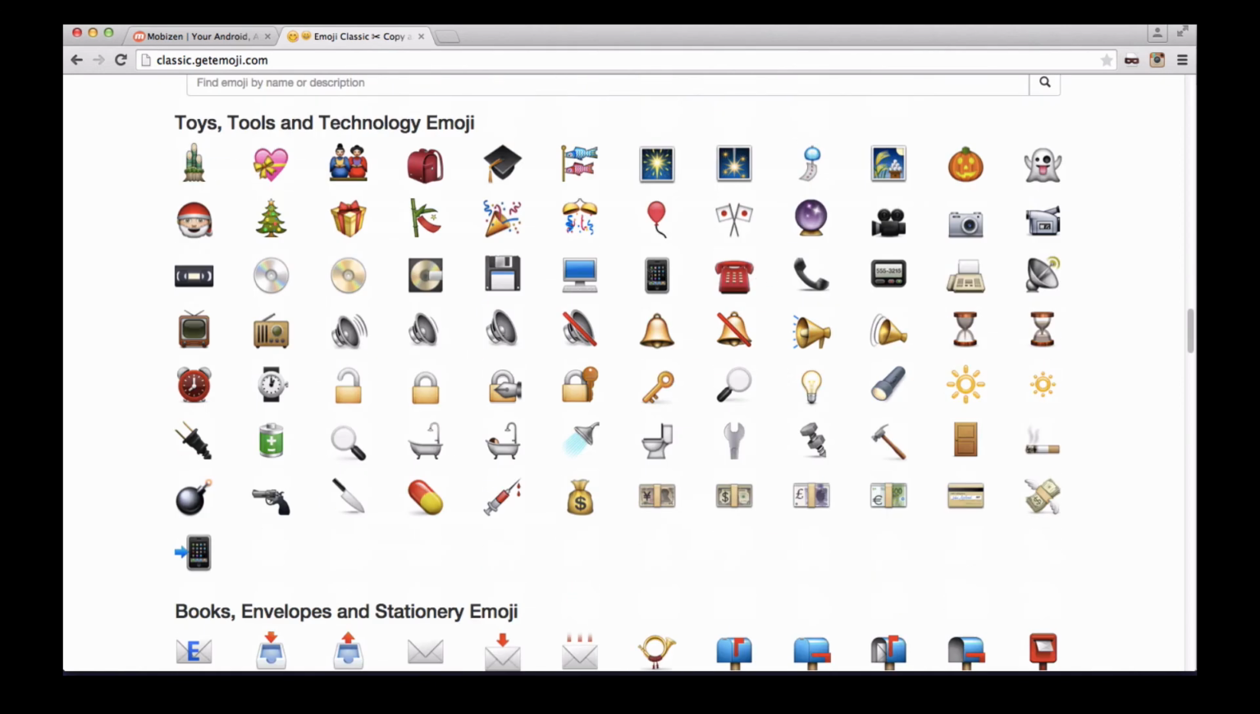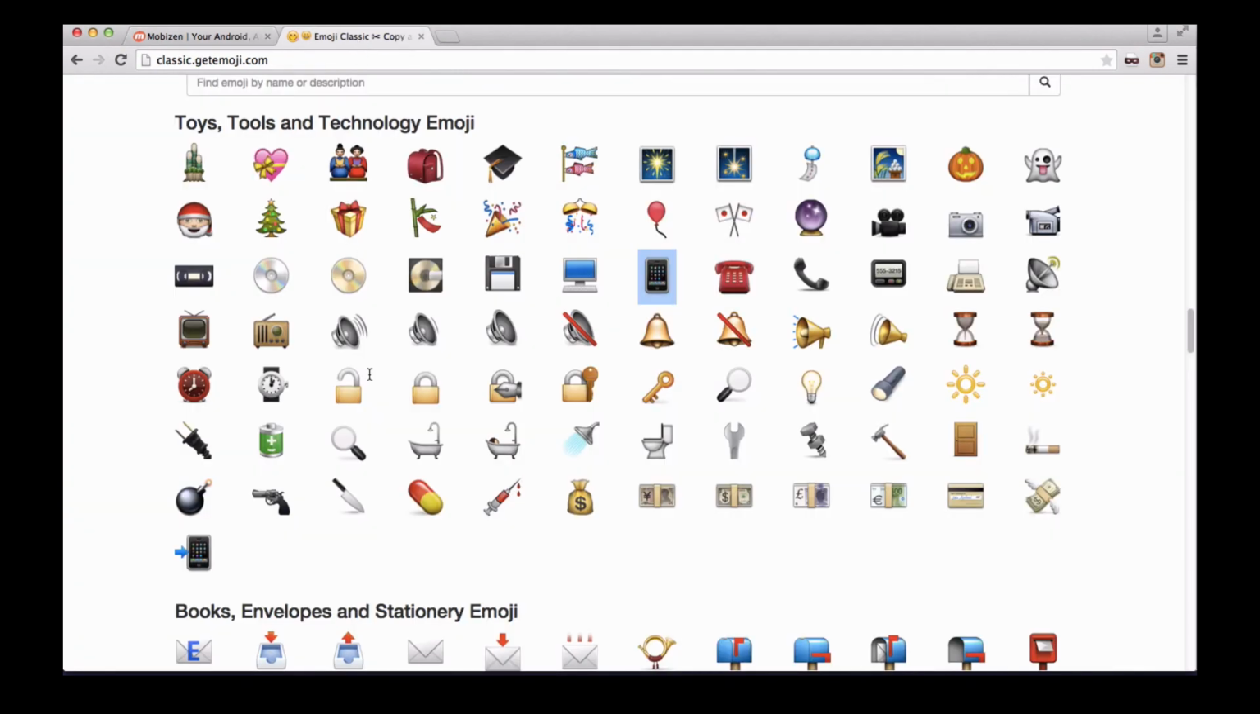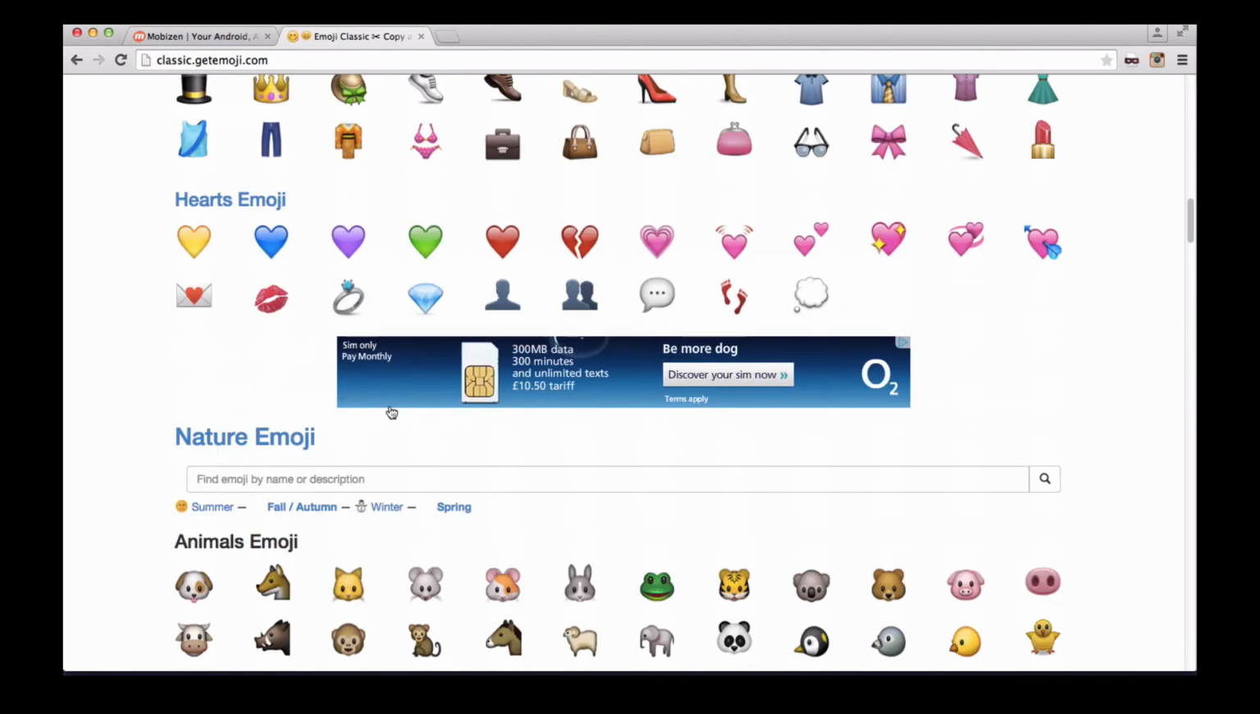I don't really want to waste too much time. Maybe click the iPhone there. I've copied that. Put that down there. I know this isn't for an iPhone, but I'm just putting them there for example, okay? Okay, so we've got some smiley faces, we've got some iPhones, and generally what I do is I put